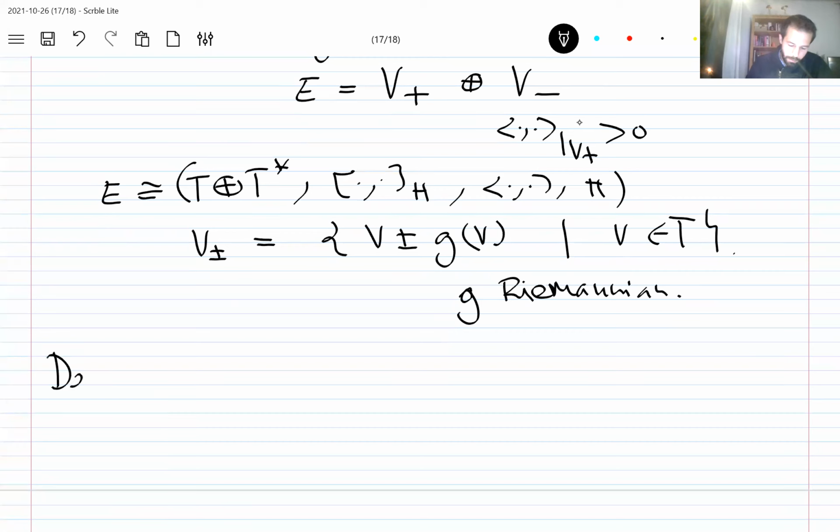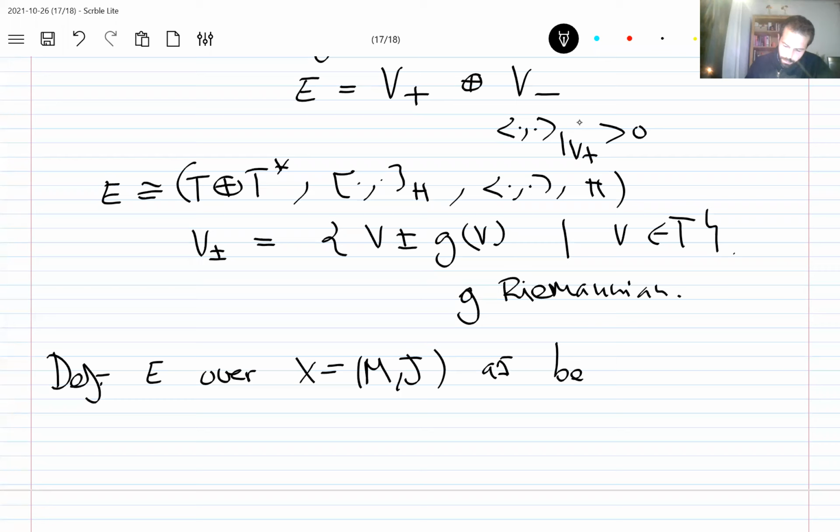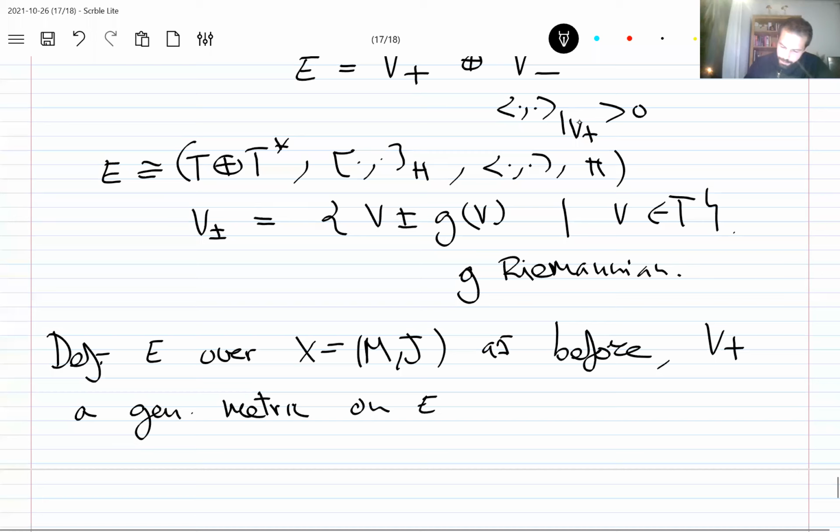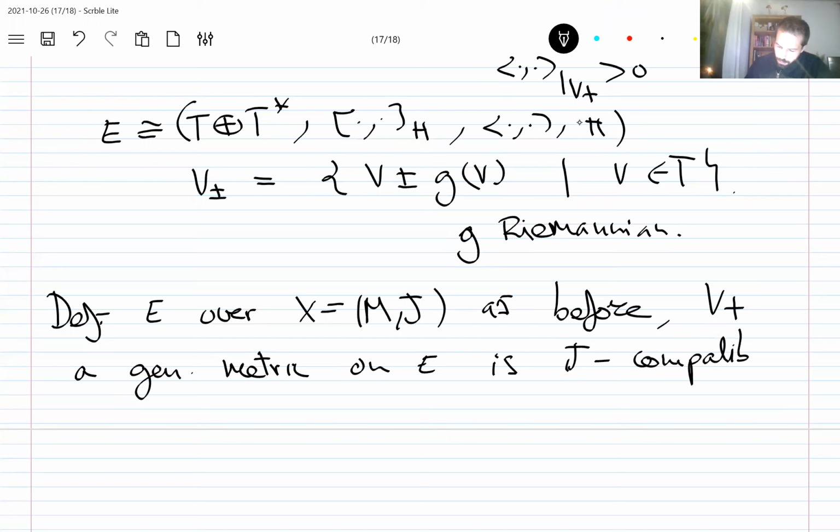So, definition: now I have my E over X as before, and I have a B plus, a generalized metric on E. It is J compatible if